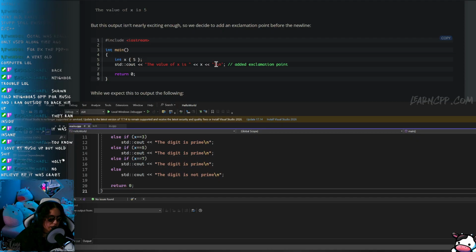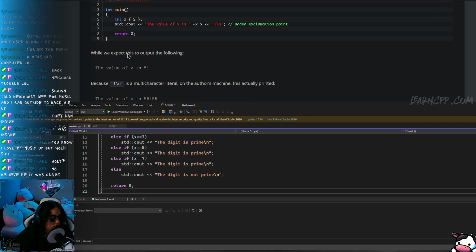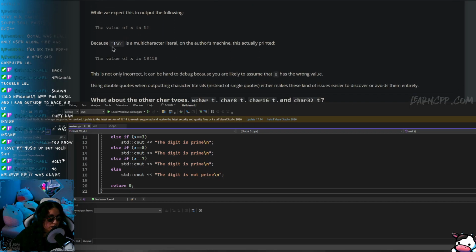That's gonna mess things up, I think. Because this needs to be double quoted. Because now that's a word. We expect this to output the following: the value of x is 5! Because exclamation point